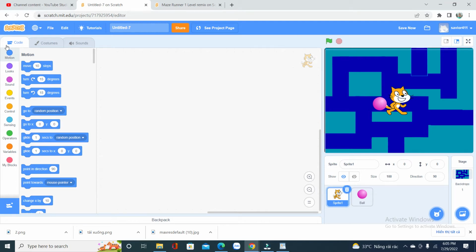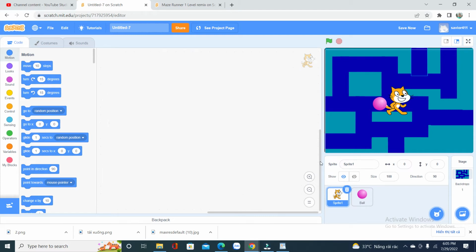For the cat, we want it to move according to our control. That's the idea. The idea is that we want the cat to move according to our control, and also at the initial point we want the cat to go to the initial starting point, which is